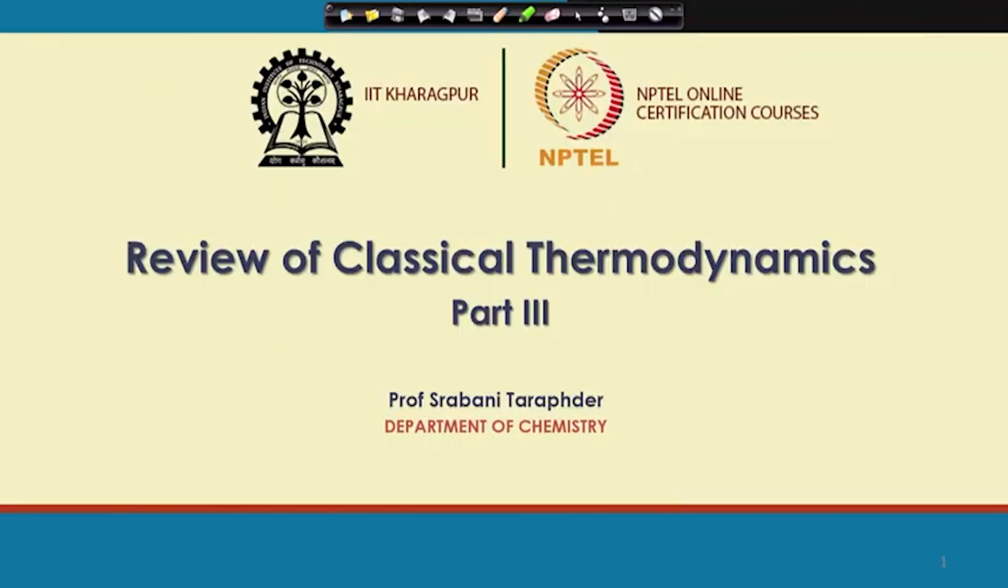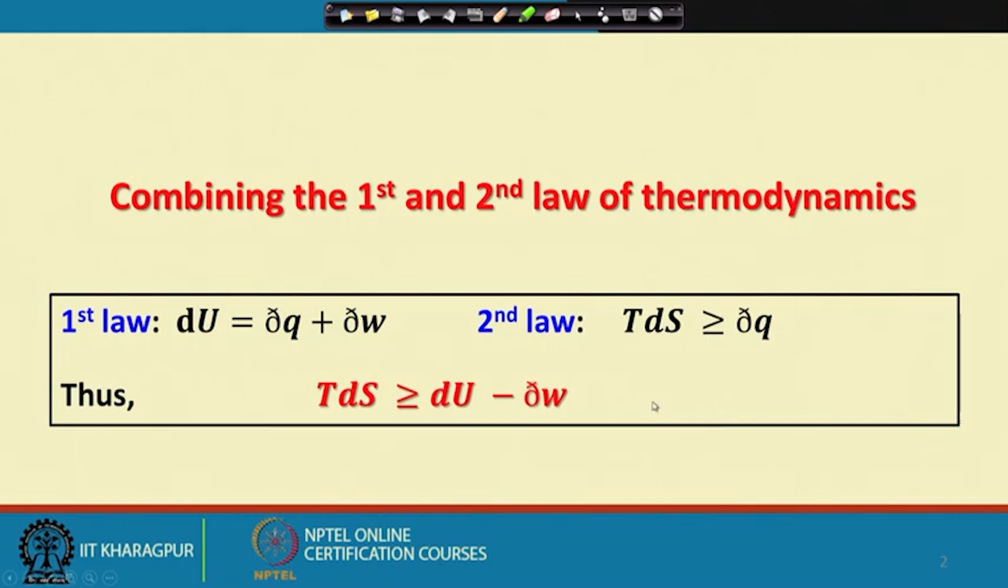We are now discussing the basic principles of thermodynamics, and we are addressing the energy functions and their relationship to the condition of spontaneity and equilibrium in isolated as well as non-isolated systems. Now, we have already discussed that if I combine the first and the second law of thermodynamics, in that case there is a single relationship that we find which is valid to predict the condition of spontaneity and equilibrium,